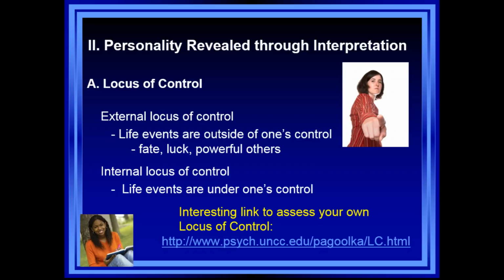Whereas the opposite, internal locus of control people tend to believe that life events are indeed under their own control. They feel that they have responsibility for the major outcomes in their life. And they believe that outcomes depend mainly on their own personal efforts, not powerful others, not fate, not luck, but the decisions they themselves make. So for example,